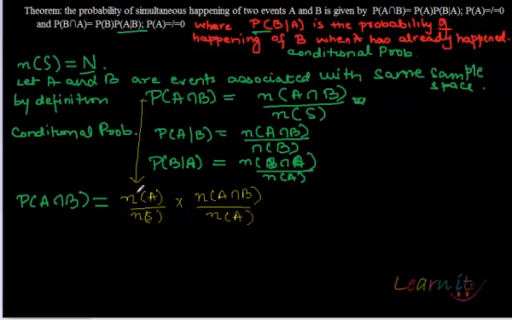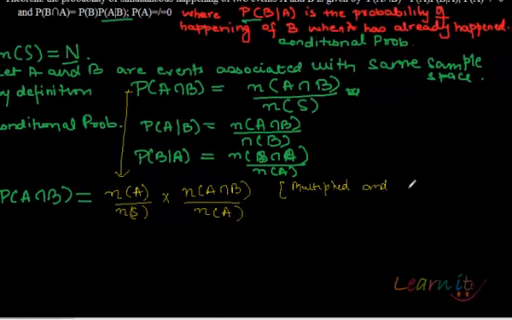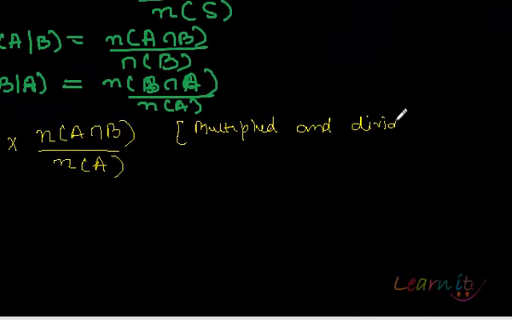What have we done? We have just multiplied and divided by n(A). Okay, so this would give us